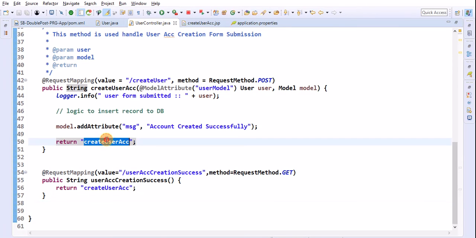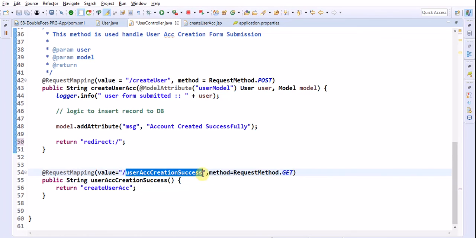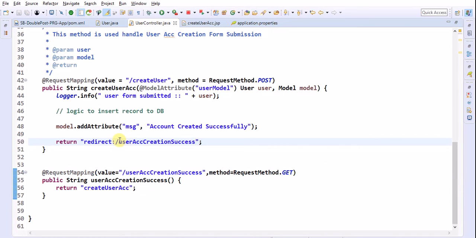Then how to redirect it? In Spring, to redirect from one request method to another request method, we will use redirect: followed by the action we want to redirect to. So this is my action name where I want to redirect. Then this method is going to return the logical view name.